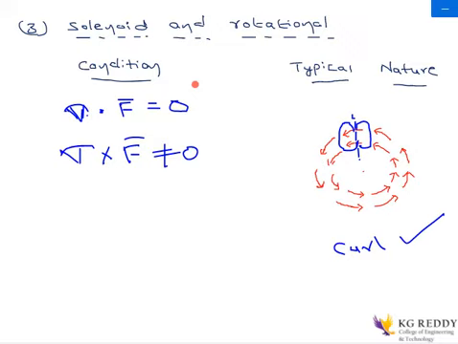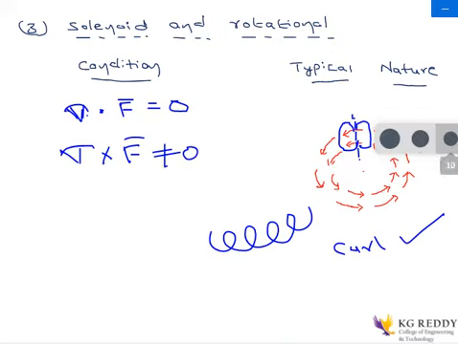And here, as you can see, the vector is rotating. We can say that the curl is existing, because you can see there is a curl. Curling, this is called a curl, whenever something is rotating like this. So there is some curl which is existing, and when the curl is existing, this is not equal to 0. Fine.